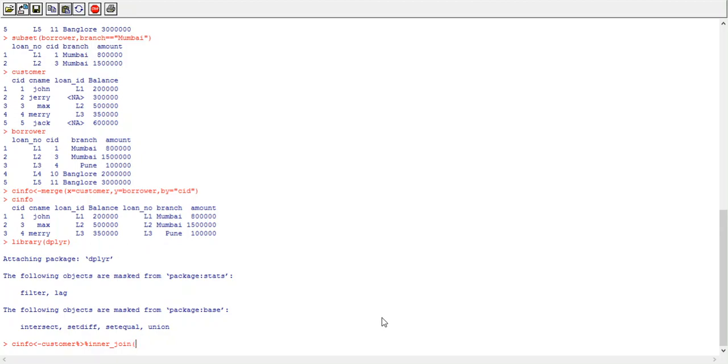Okay, write down inner join keyword, and then in bracket write down the name of second data frame, that is borrower, and then by parameter, by is equal to cid, that is customer id. Customer id is the common attribute between both the data frames. Customer id attribute is present in customer data frame and it is also present in borrower data frame.